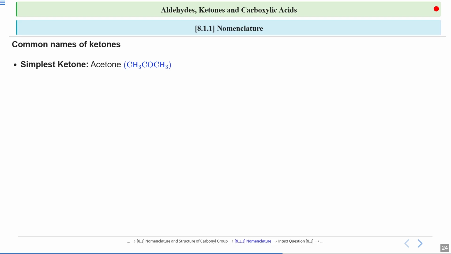Now if we talk about the simplest ketone, it is acetone. The simplest aldehyde is formaldehyde. The simplest ketone is acetone, which is CH3, C double bond O, CH3. On both sides of the carbonyl group, you have a methyl group attached. If we see other examples,